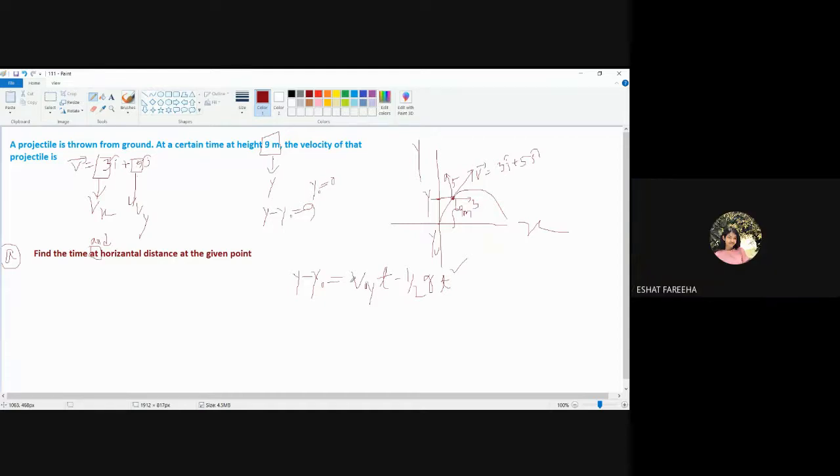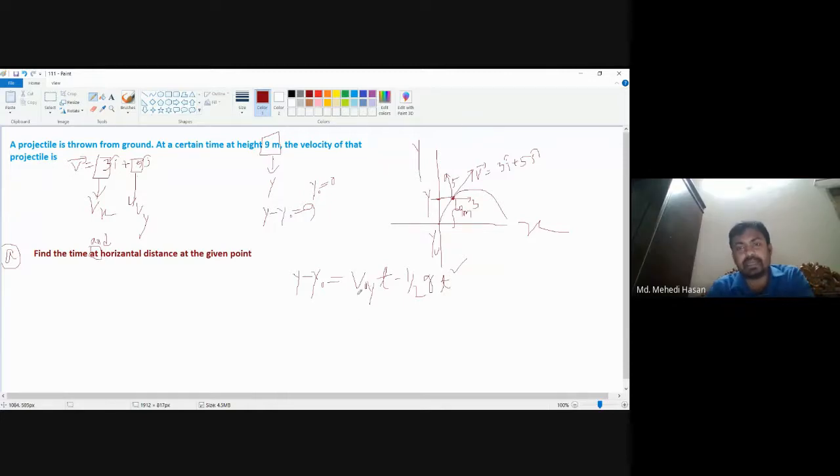ও না, এখানে তো ইনিশিয়ালটা দেয় নাই না? Yes, so the thing is that you can use this equation, or you can use first